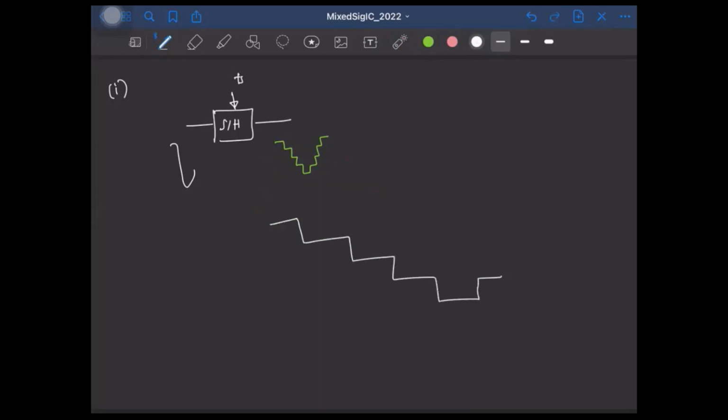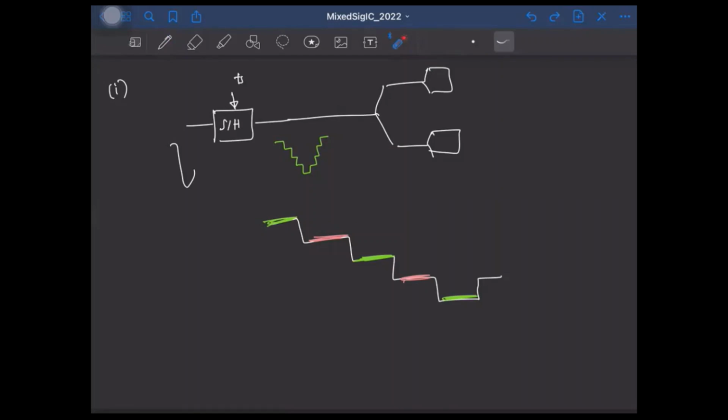Right? And this is then given to the two ADCs. The first ADC will be processing these samples, and the second ADC will be processing these samples. So now even if there is an offset or a skew in the sampling time instant, that is, instead of sampling at this point, if you sample here, there will be no error you make. Okay, so this is one thing that you can do to avoid the error due to sampling or the timing